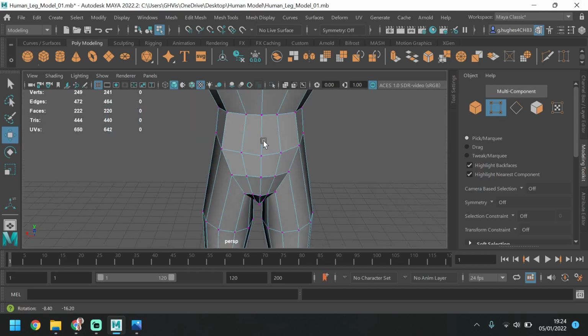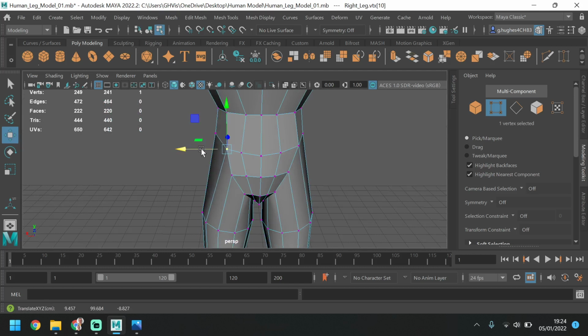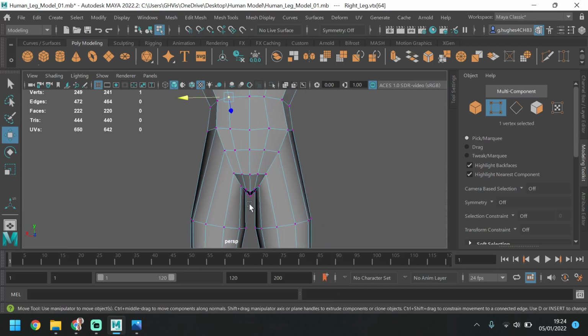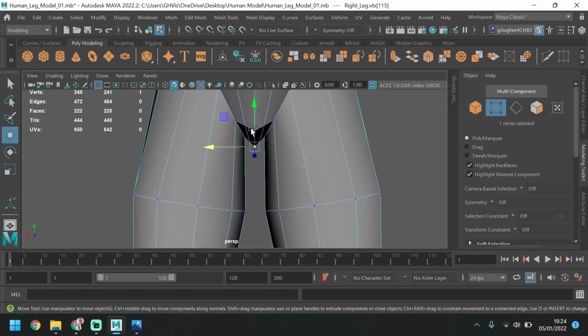Pulling those out, maybe pulling them in a bit more like that, so it becomes a less arching shape. And under here is quite sharp in the middle. So again, that may need to be pulled up,